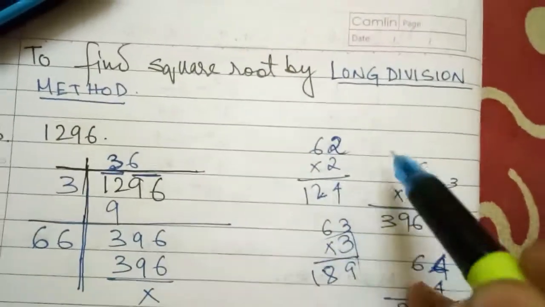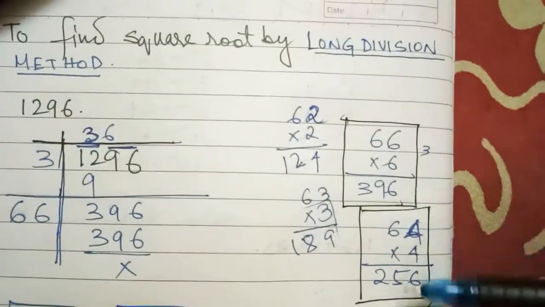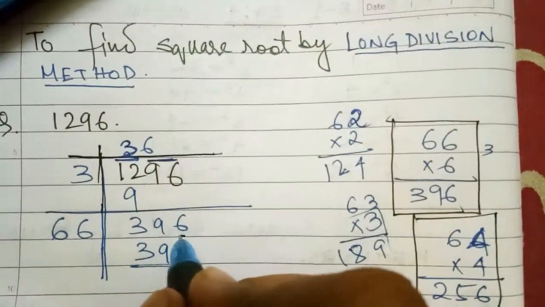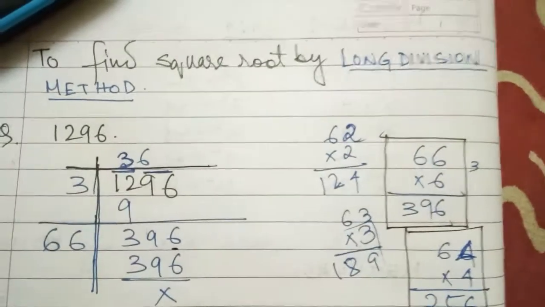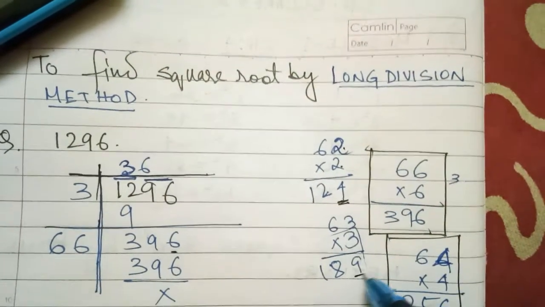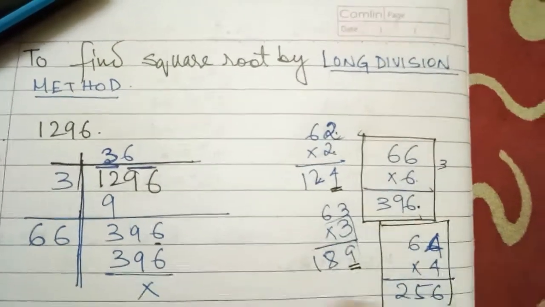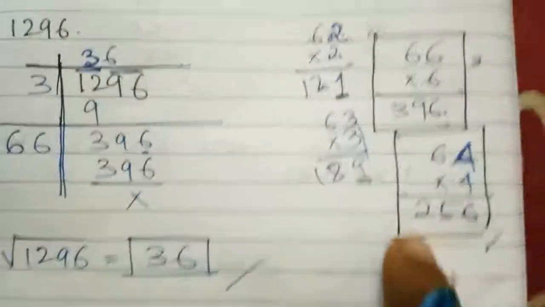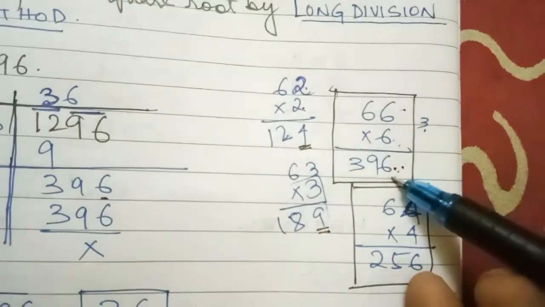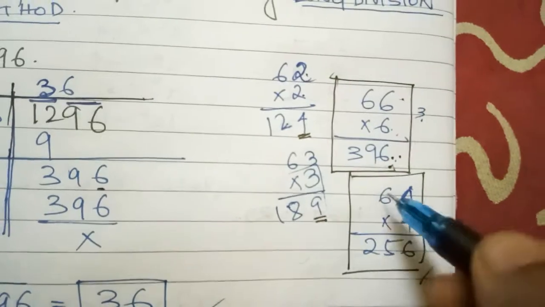Now see, from here I have done a different thing. These things you should all do in the rough work. Now I am giving you the trick. Here it is given at the last, what is given? 6. Clear? Now from here I can assure that this number multiplied is not coming 6, and this is also not coming 6. Now if I multiply 6 into 6, it is coming 36, and 4 into 4 is not coming 6. Now from here I have taken directly 6 into 6, 36, and 6 and 3 is given 6, and 39, 396. And sometimes if you have done 4 into 4 is 16, then 1 is coming 25.